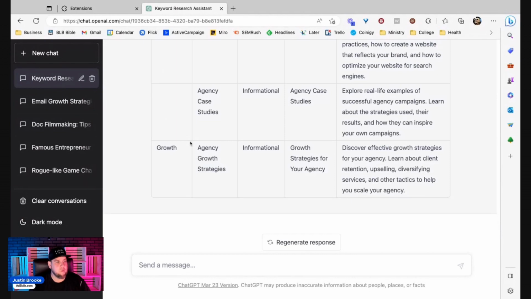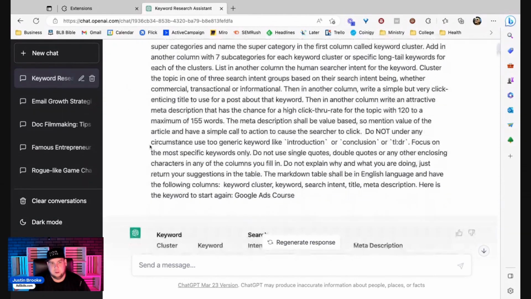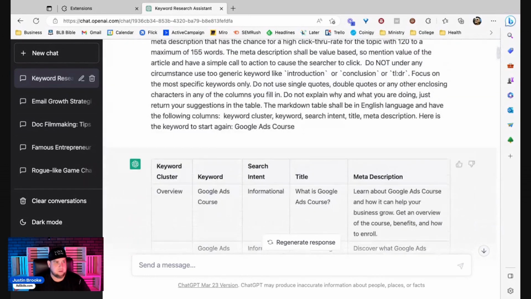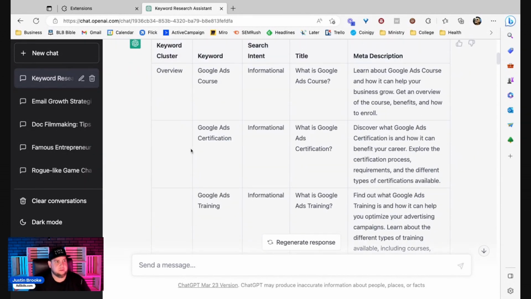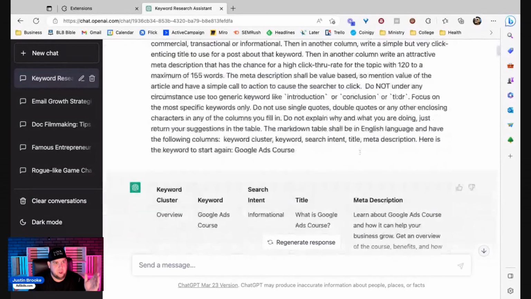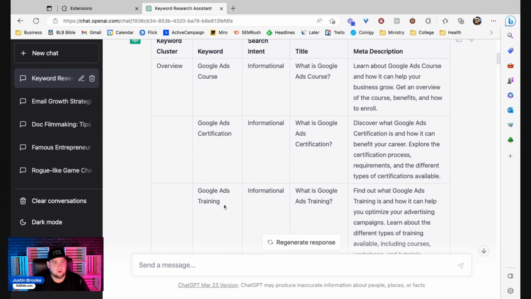This one is my keyword research assistant. And again, this is another mega prompt that I get from AI PRM. I literally just tell it what keyword. So the keyword was Google Ads course. That's the only information I gave it. And then it just did it for me. I click keyword research in AI PRM. It asks me what keyword I want to research. So I typed in my keyword Google Ads course, and then it spits out this table of other keywords,